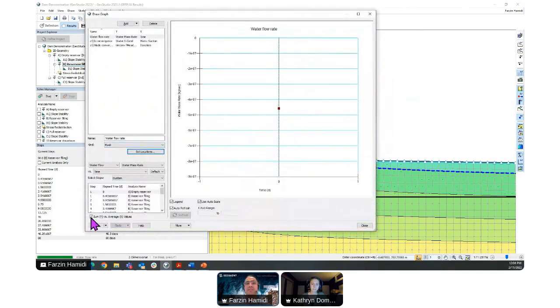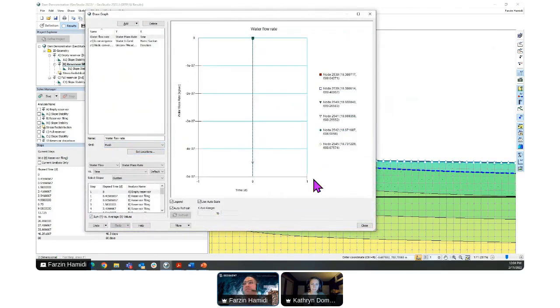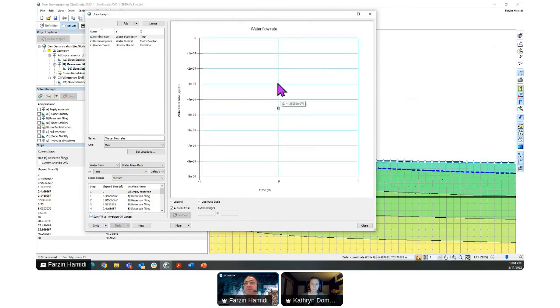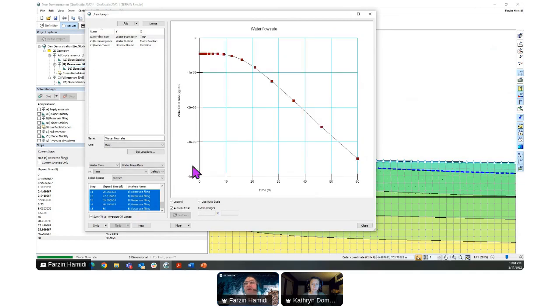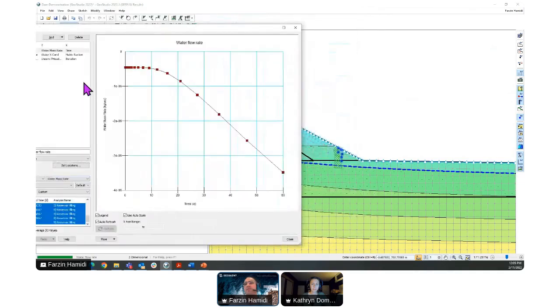And if you click on this sum button, you'll see the grid points here that I already included. If you click on the summation of them, you will be able to see that water flow versus the map. Or if you want to see it in time, you can select them, and you will be able to see what happened during the time in this specific location.